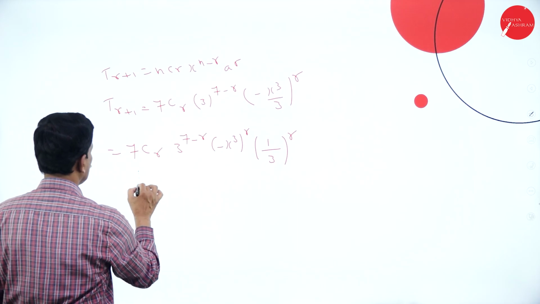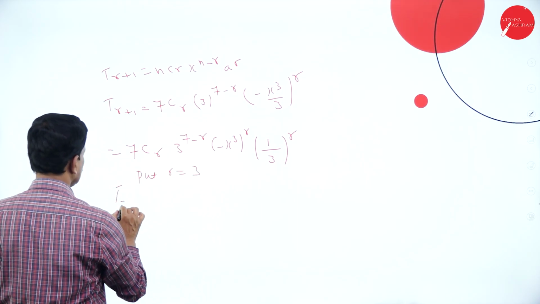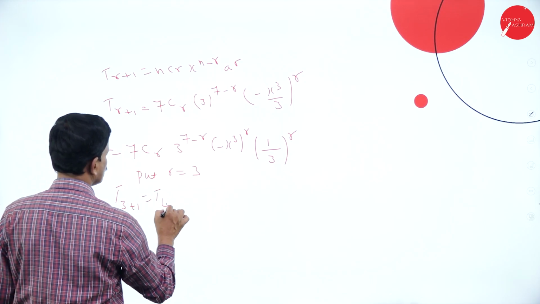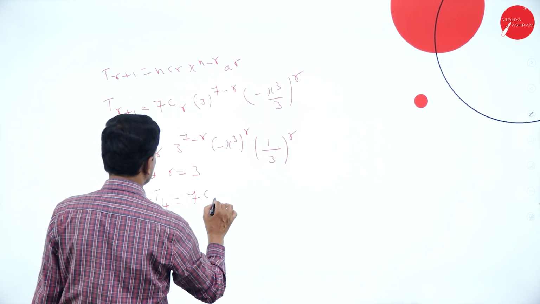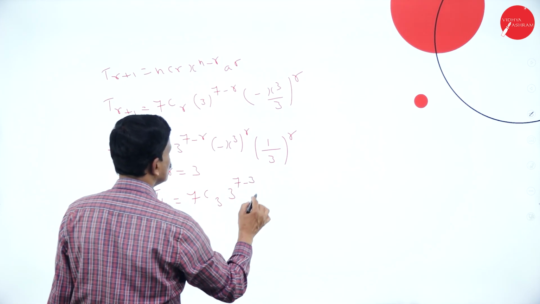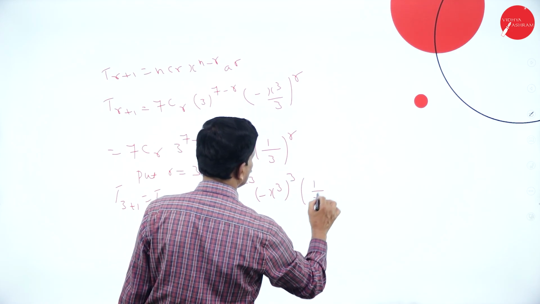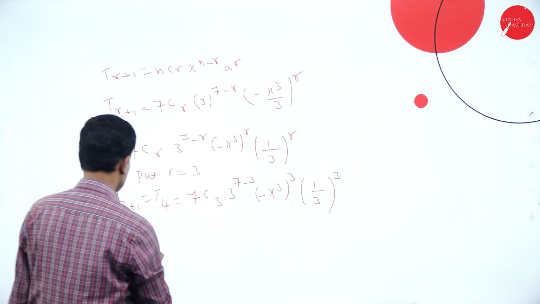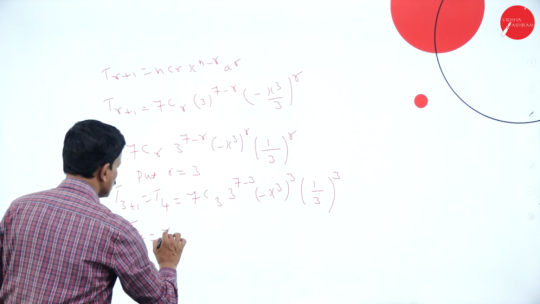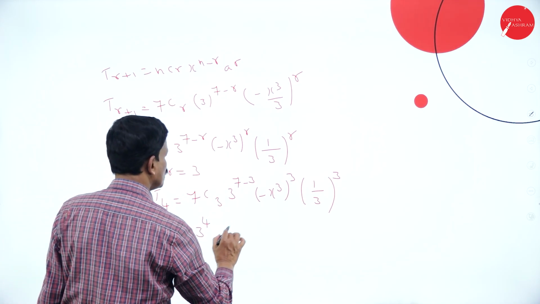4th term. Now, put r is equal to 3. Then you will get T3 plus 1, that is T4 is equal to 7C3, 3 to the power of 7 minus 3, minus x cube whole raised to 3 and 1 by 3 whole to the power of 3. So, this is T4 is equal to 7C3, 3 to the power of 7 minus 3 is 4 and this